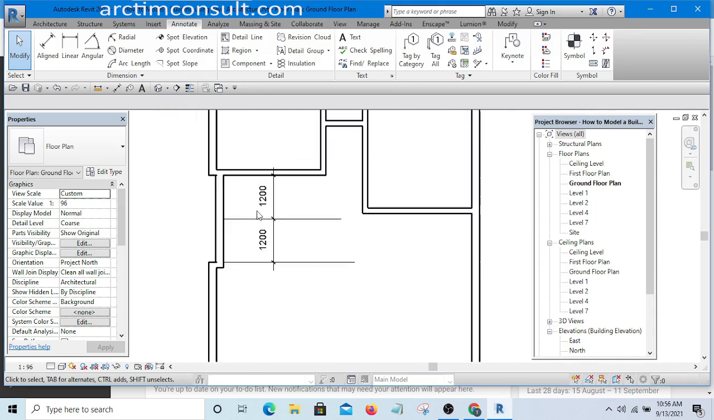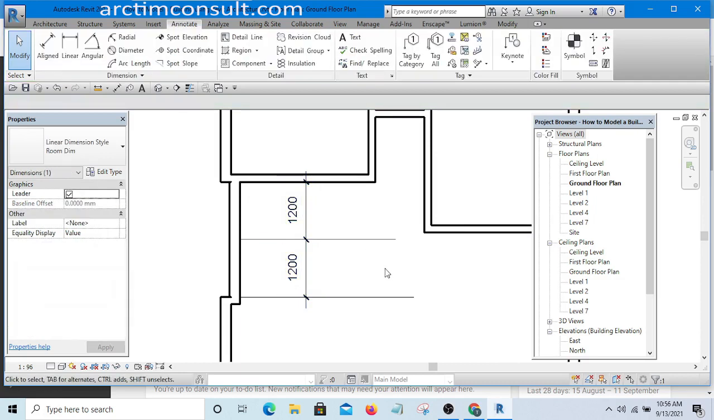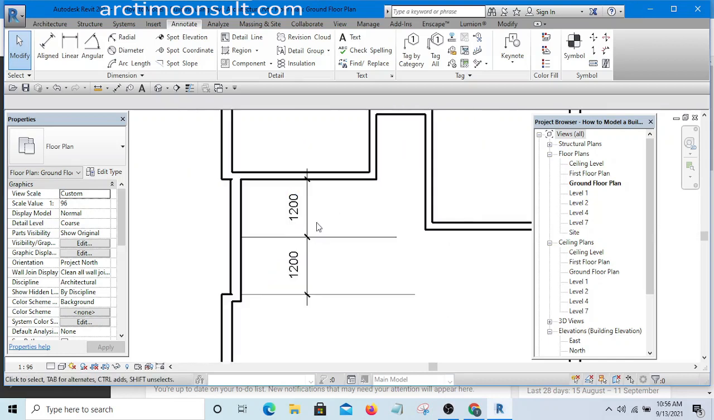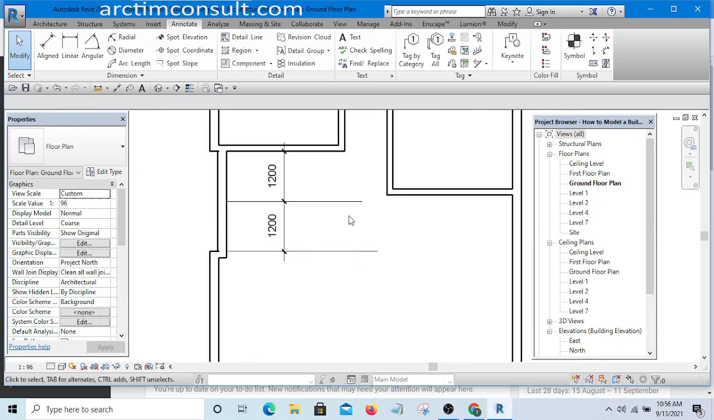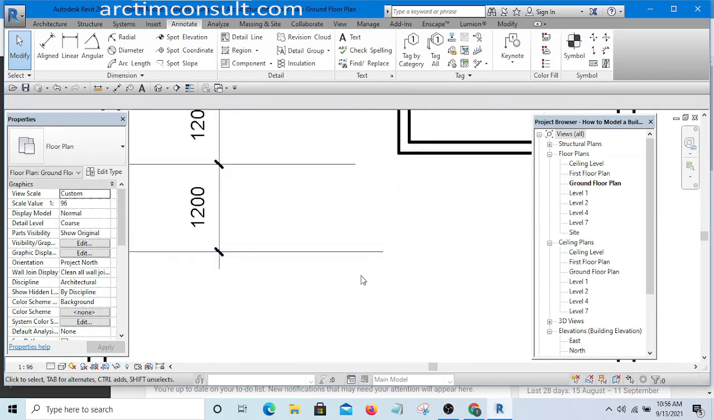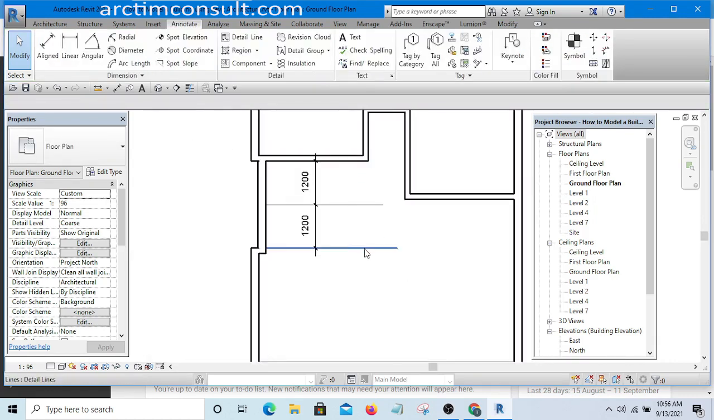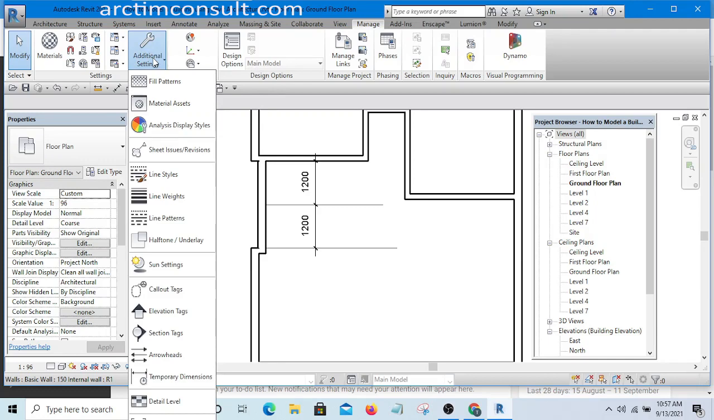Okay. Now there's something I want us to do. If you look at this dimension, it is black and this line is also black. I want us to create colors. I want this line to be colored. So what I will do, to make this line colored, is go to manage, then go to additional settings. I will go to line styles,